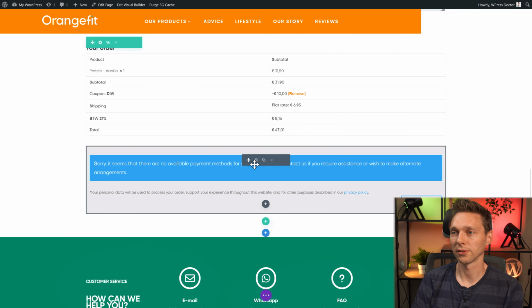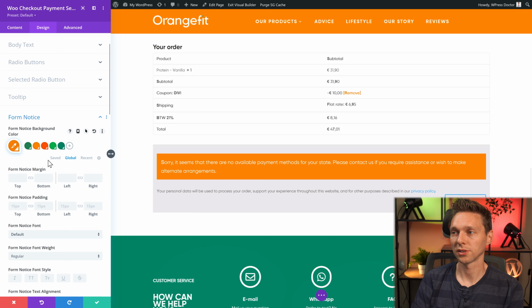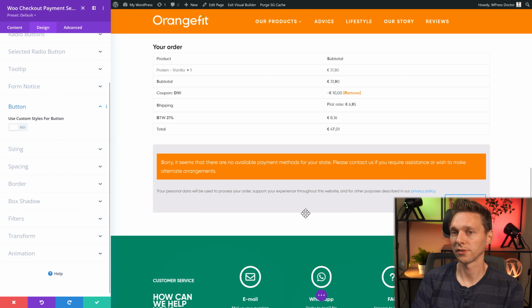Then we have more notices to check out. Payment section. The notice background should be orange, and the button is a very important one. So this button text should be white, and the background color should be our greenish. And then when you hover over it, I want it to change.